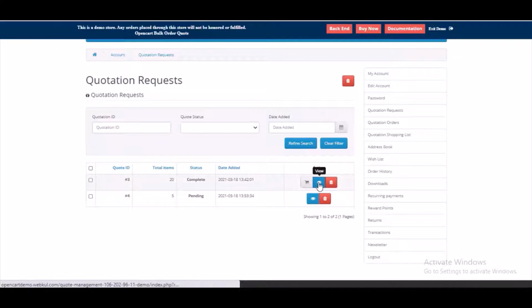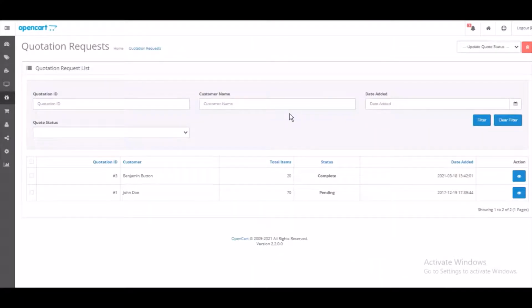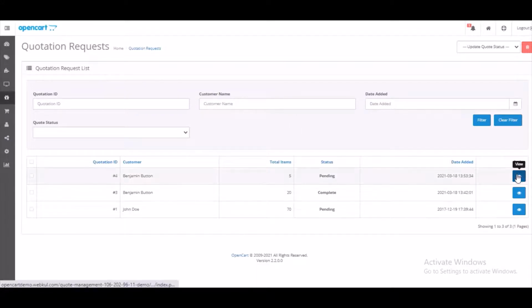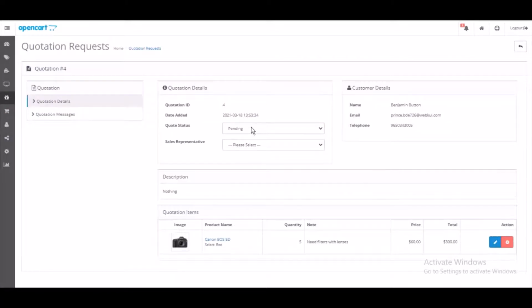Now one thing that you can see here is for these two orders, you can see this cart icon is there for this particular order, which is not there for the next order. This is because of the status. For the first order the status is complete, that's why the cart option is there, and for the second order it is not. So I move to the admin panel, and now from here for my new request I'll be changing the status to complete, so that the cart button will be available to the customer.